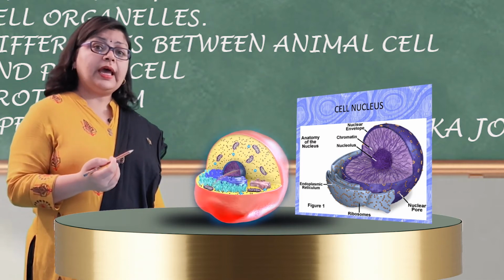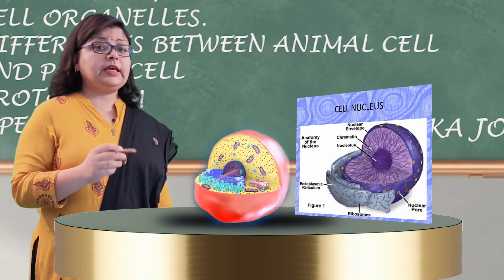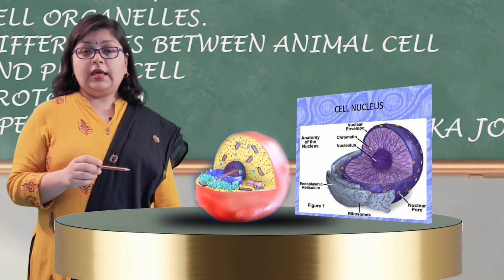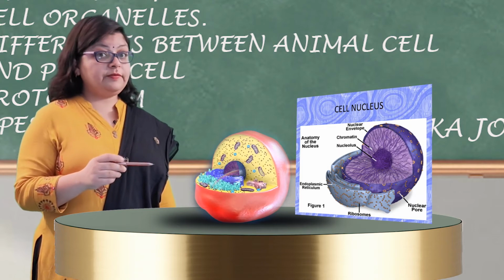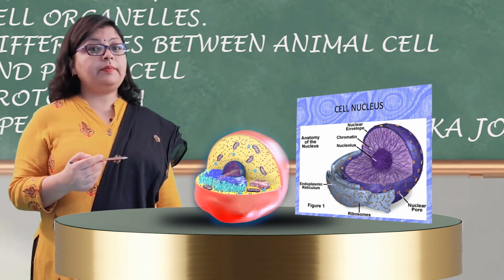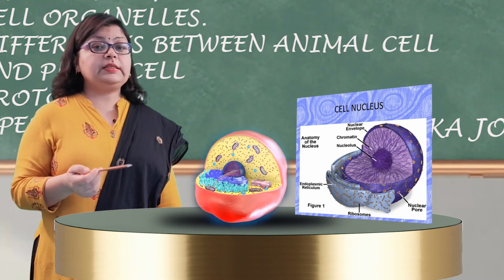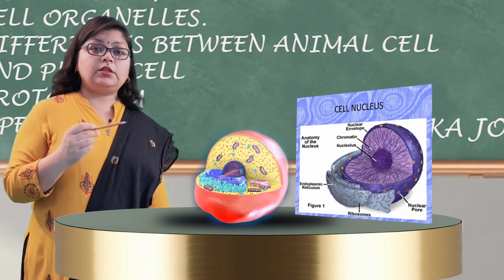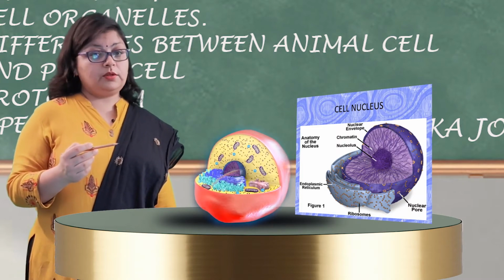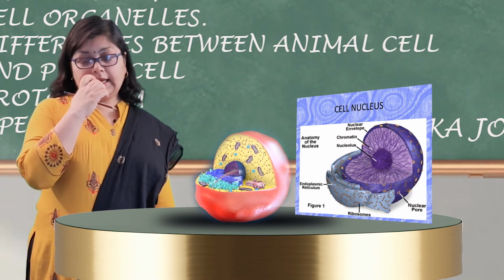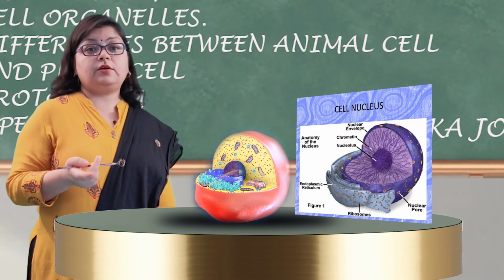Now what are the carriers of these hereditary materials? They are attached to the chromosomes and are known as genes. The number of chromosomes can differ from species to species. Like if we talk about human beings, they have 46 chromosomes in their nucleus, that means 23 pairs of chromosomes. And when we talk about other species, like the cat, it has 38 chromosomes in its